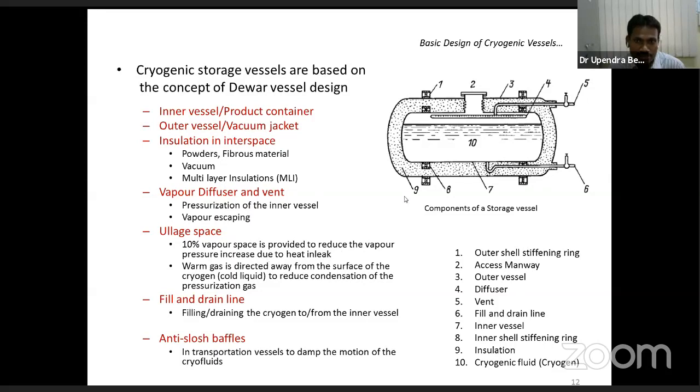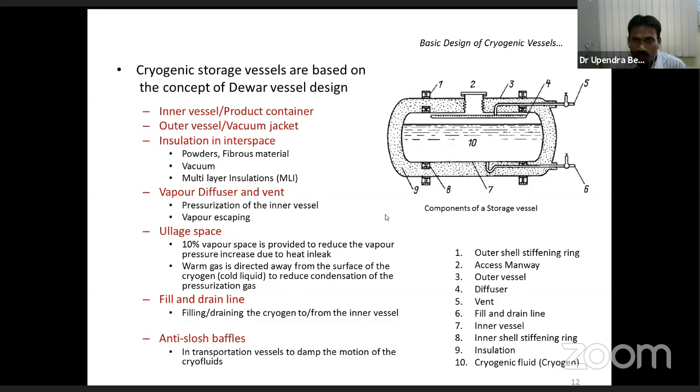And it is provided to reduce the vapor pressure increase due to the heat inlet coming from the outside to the cryogen. This diffuser and the ullage space also help so that the warm gas is directed away from the surface, because the diffuser is open at the top. So if vapor is coming from pressurization, for example, it does not directly contact the liquid surface, so that much evaporation does not take place. The diffuser also plays another important role: to reduce the condensation of the pressurized gas and also the boil-up of the